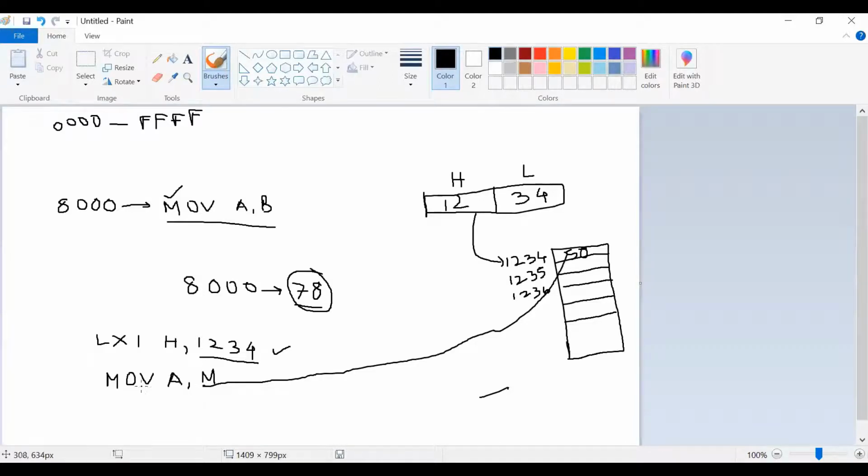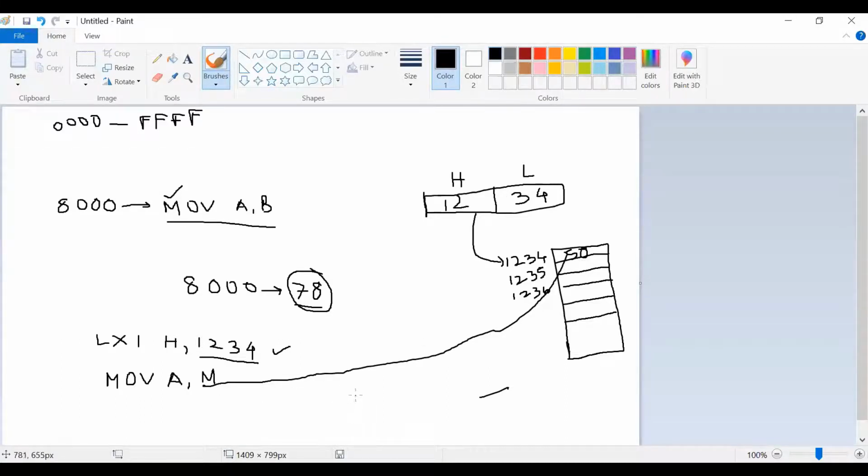The meaning of this is: move the content from the memory location pointed to by the HL register pair into the accumulator.